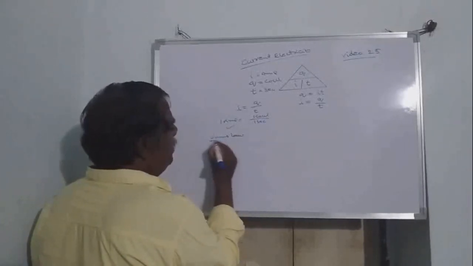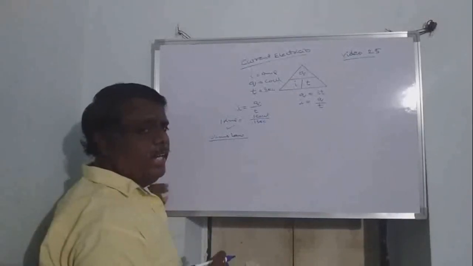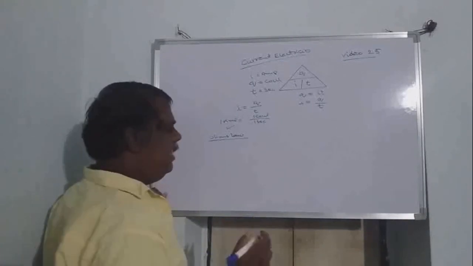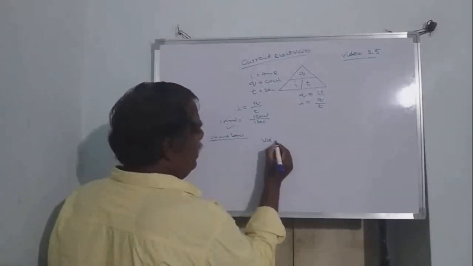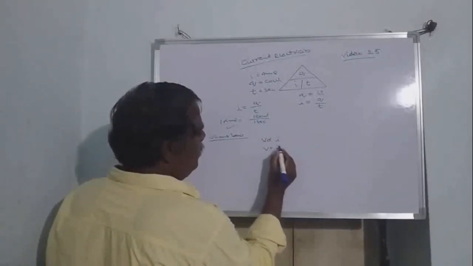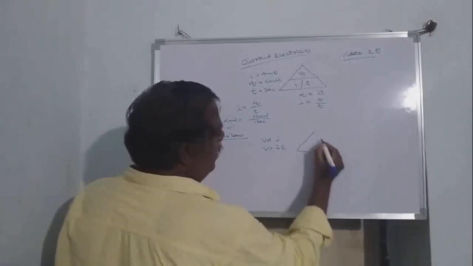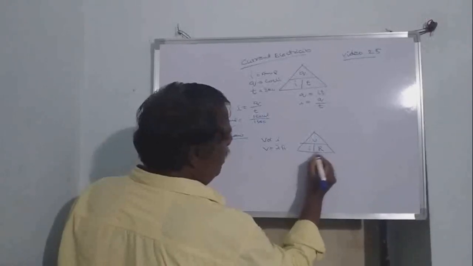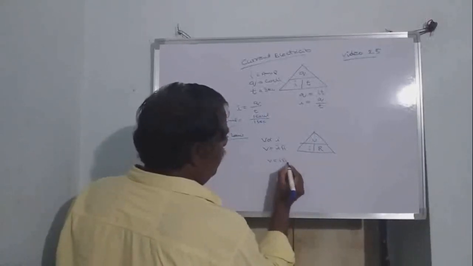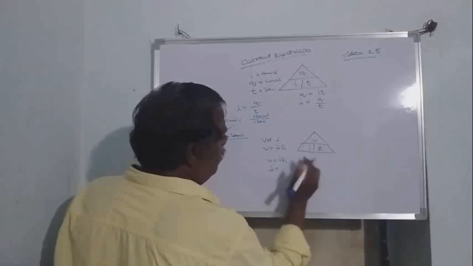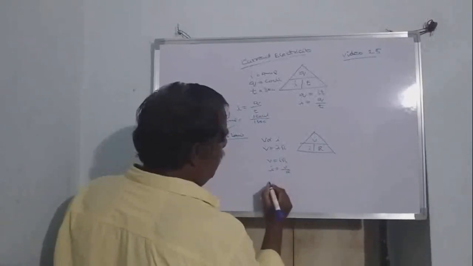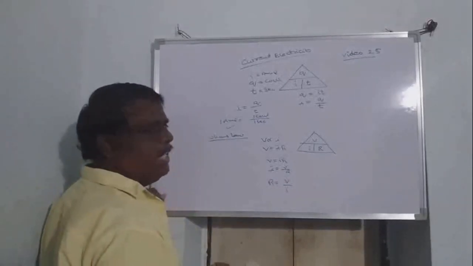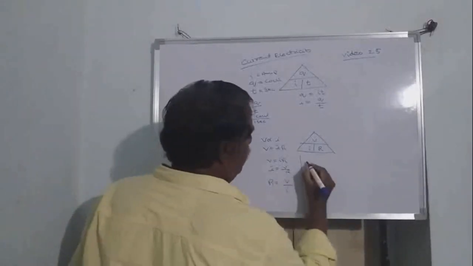Next, Ohm's law. Very important. You already studied this in the 10th class. At constant temperature, voltage and current are directly proportional. V is directly proportional to I, or V = IR. You can also remember this with the help of a small triangle VIR: V = IR, or I = V/R, or R = V/I.